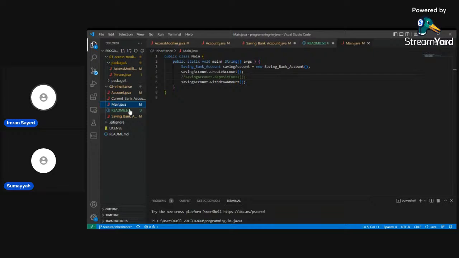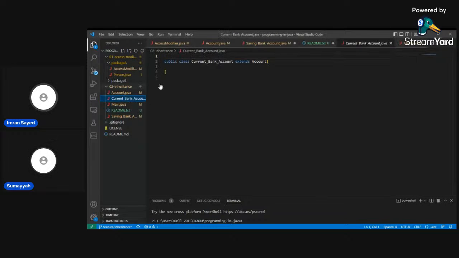We didn't do anything in the second class, right? So we've done withdraw there, in the current, and we haven't done anything. So maybe one of the functions we can define in the... But anyways, we don't have to define, I guess, because the current bank account will anyways inherit all the... Okay, wait. Current account is not going to have withdraw. So how do we make sure that the current bank account has withdrawals also?